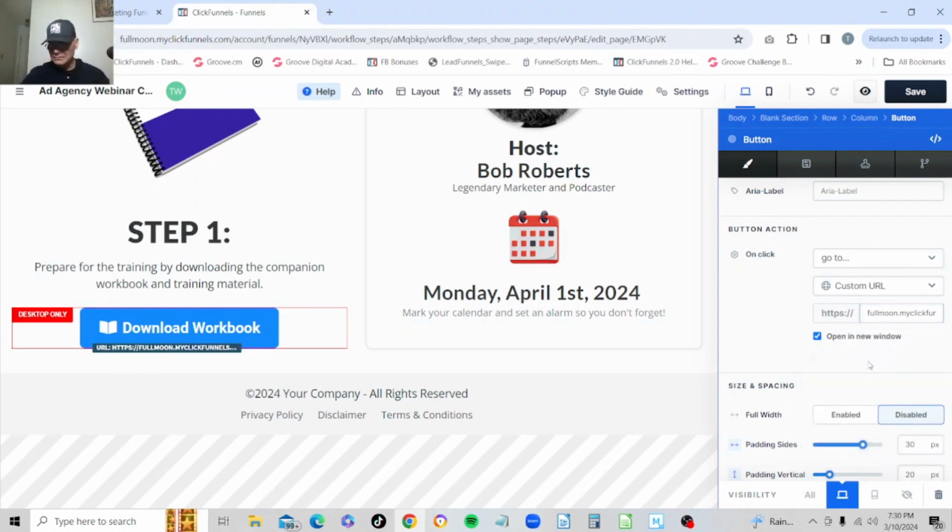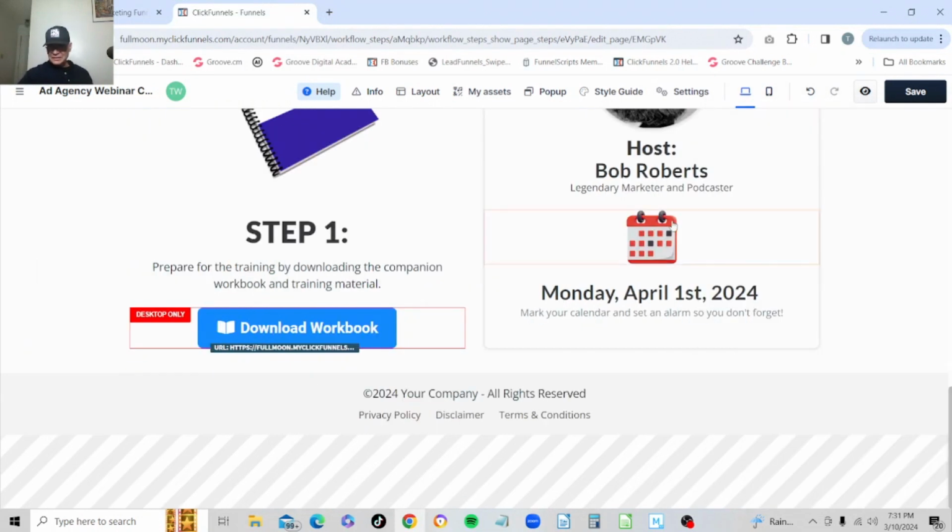And generally you're going to want to check this open a new window box. That way it will just open up a new tab on their browser, and they'll still have this page open. That way, especially something like what we're working with a PDF here, that's generally the way you want to go there, so they don't accidentally click out of the site and have to go back in. Alright, after that you can go ahead and get out of the button settings, click on save,